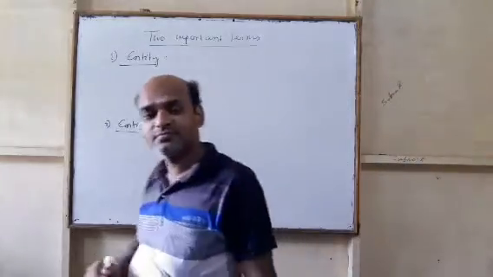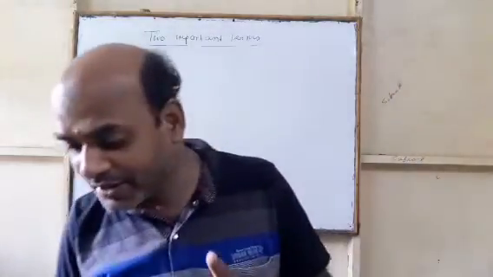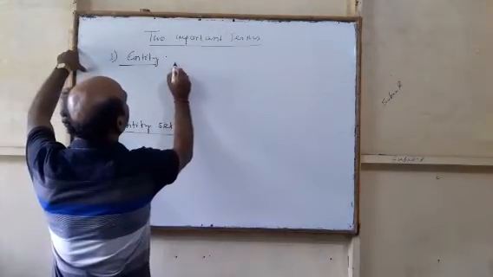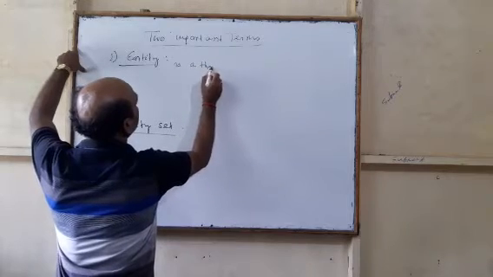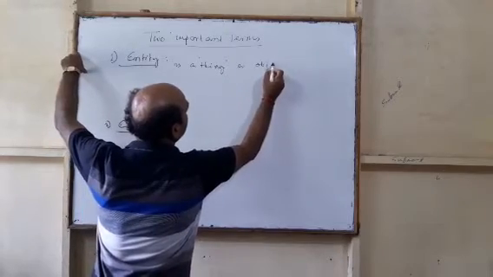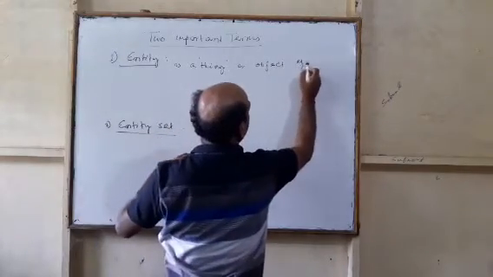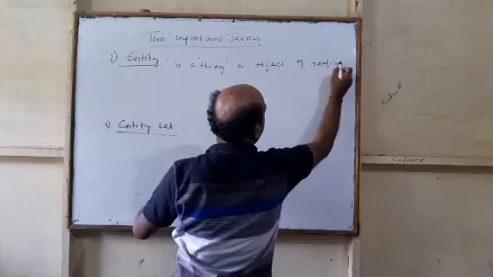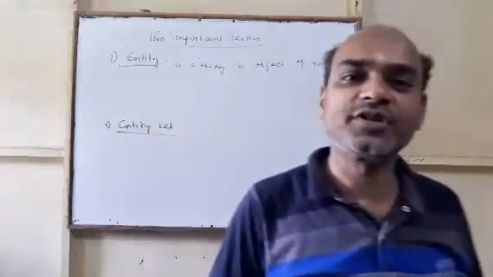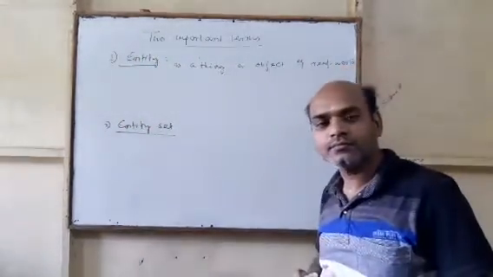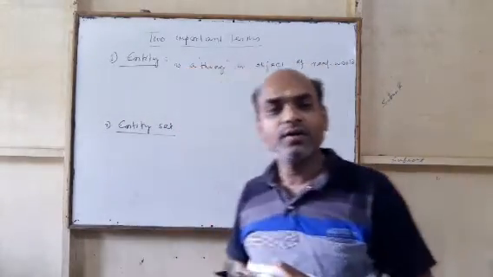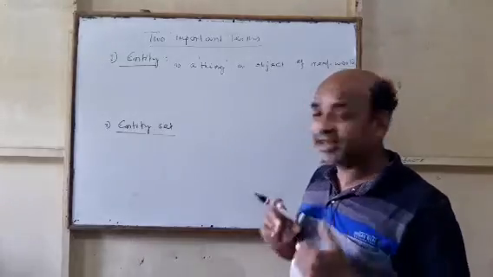What is an entity? In the first class I gave the entity. Entity is a thing. Again I am reminding you, entity is a thing or object of the real world, a real world object. It may be a name, it may be a place, it may be a person, which has some attributes.